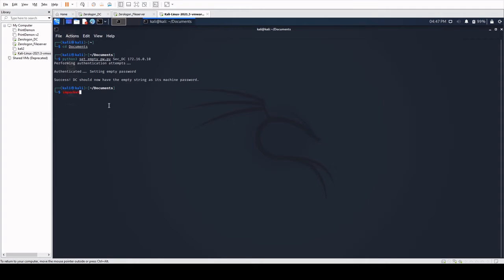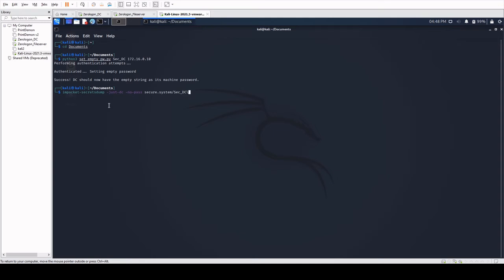So we're going to run impacket-secretsdump. We're going to target just DC, which means just the domain controller. We're going to add the no-pass option, which means we don't want to input a password. We don't need to input a password because there isn't a password. And we're going to be targeting the domain secure.system, the account rather, sec_dc,